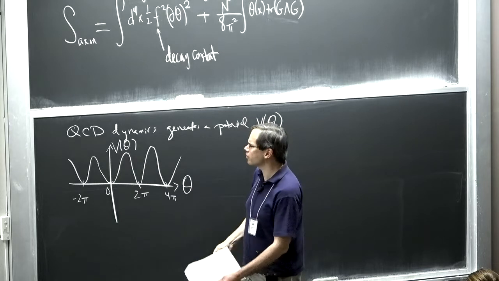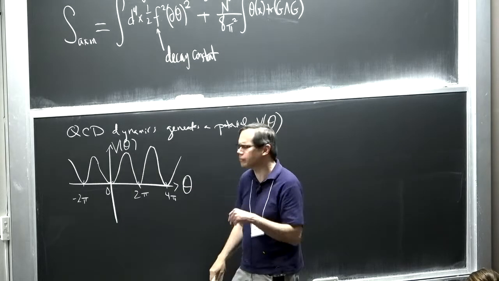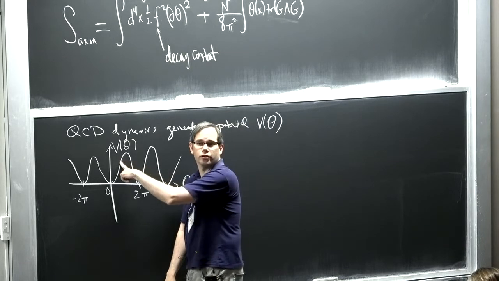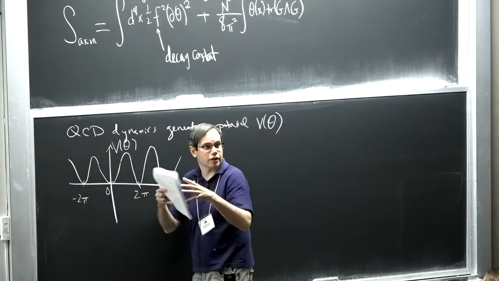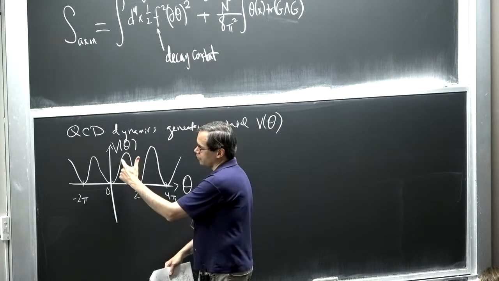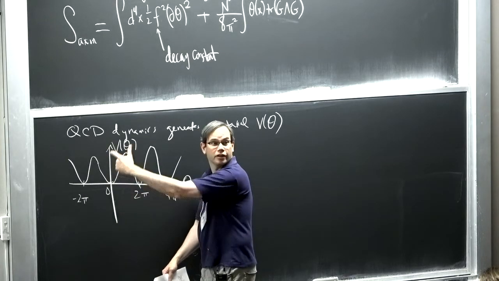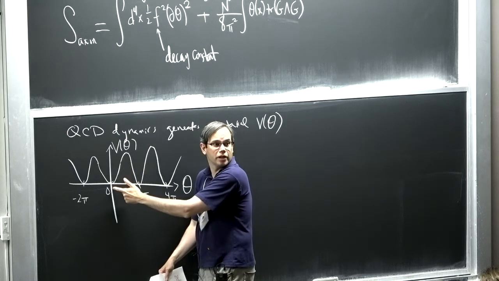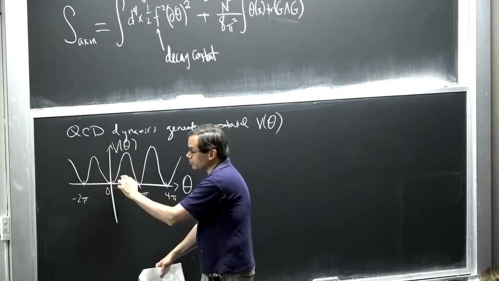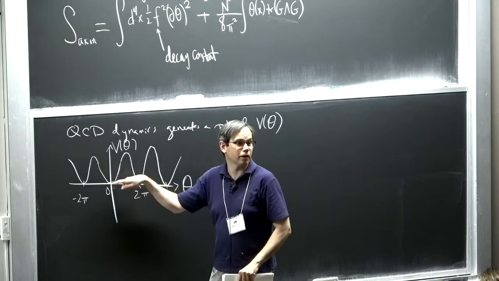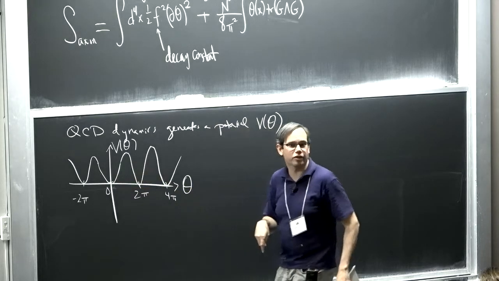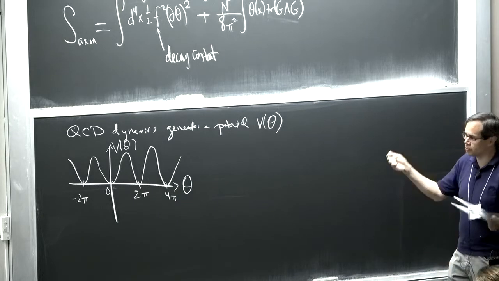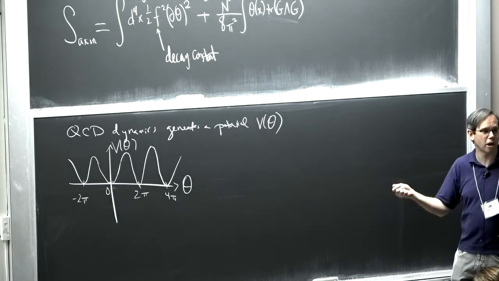Okay, maybe Ben said some things about this in cosmology to you. In the early universe, this field might have been displaced from the minimum, stuck there by Hubble friction, and then at some point, when the expansion rate of the universe became small enough, the friction drops enough that it could start oscillating, and then it could kind of gradually redshift. And on average, it would be at 0 today. There might still be some little oscillating bit around us, and that might be dark matter. So I think Ben said some of that to you. I am not going to talk about the dark matter phenomenology in this lecture. I just want to talk about the models.